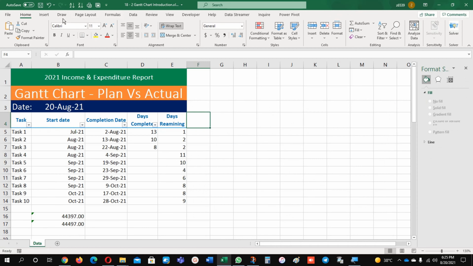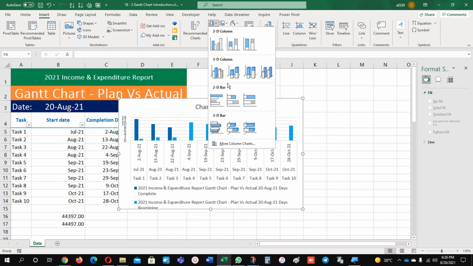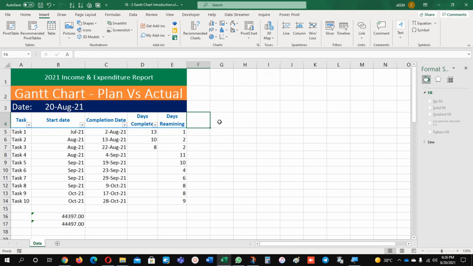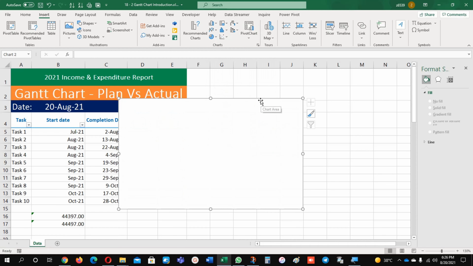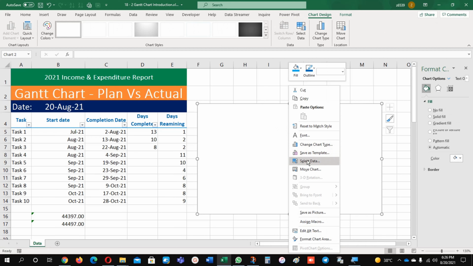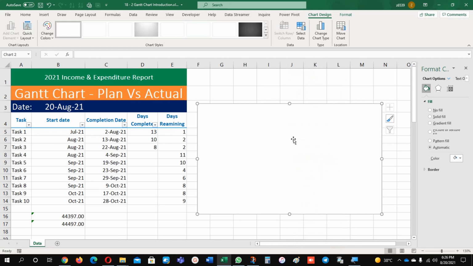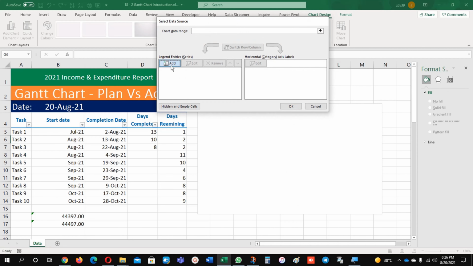And now just go to insert and graphs. You can select any of them. I'm going to select this one, stacked bar 2D, and it is here now. Right click on the chart, either on the chart or on the chart design. Just go here and select data, either from here directly. It's a shortcut which we can use very quickly. Select data, add data,